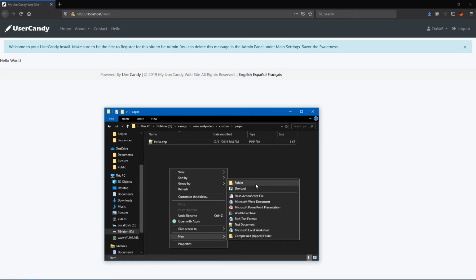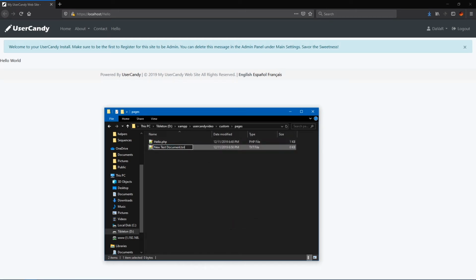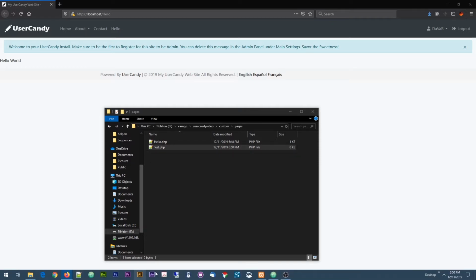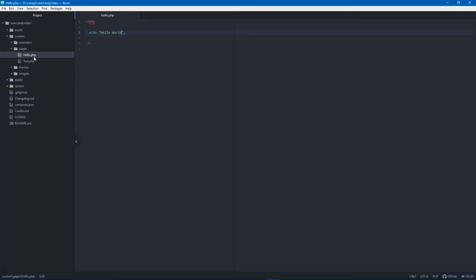Let's create another page. We'll call this one test.php. Yes. And we'll go ahead and open this in the editor. Okay, so the way this framework is set up is for your titles and descriptions and all that good stuff, it pulls it from this meta variable,